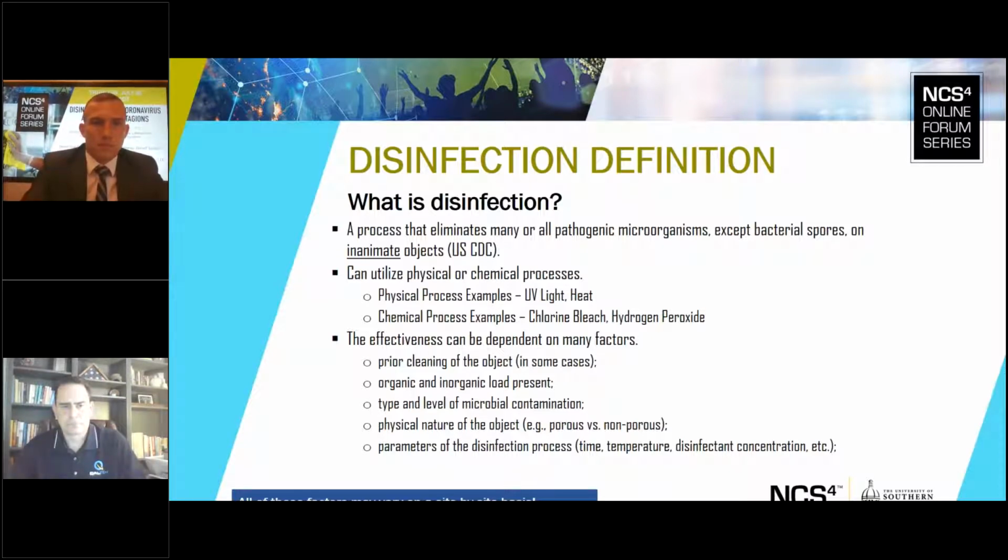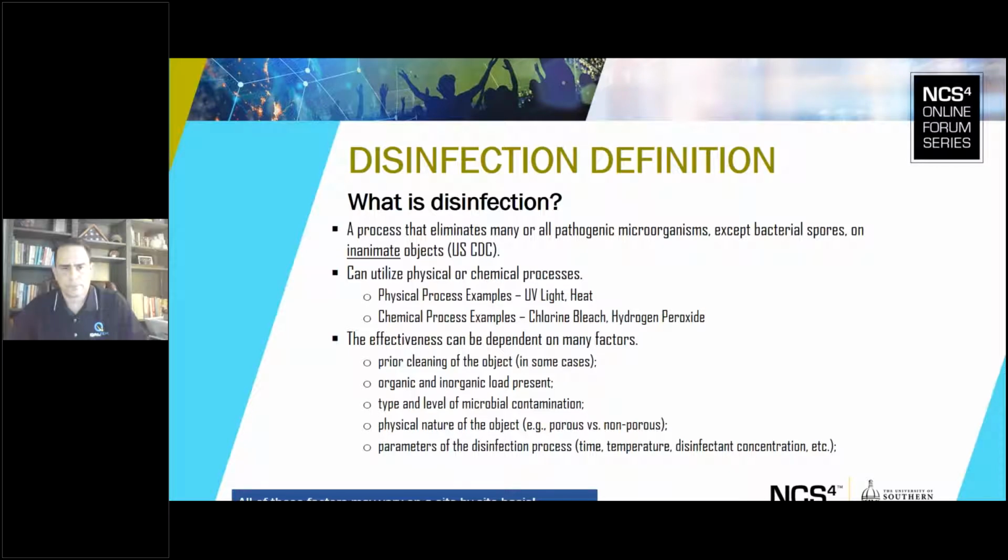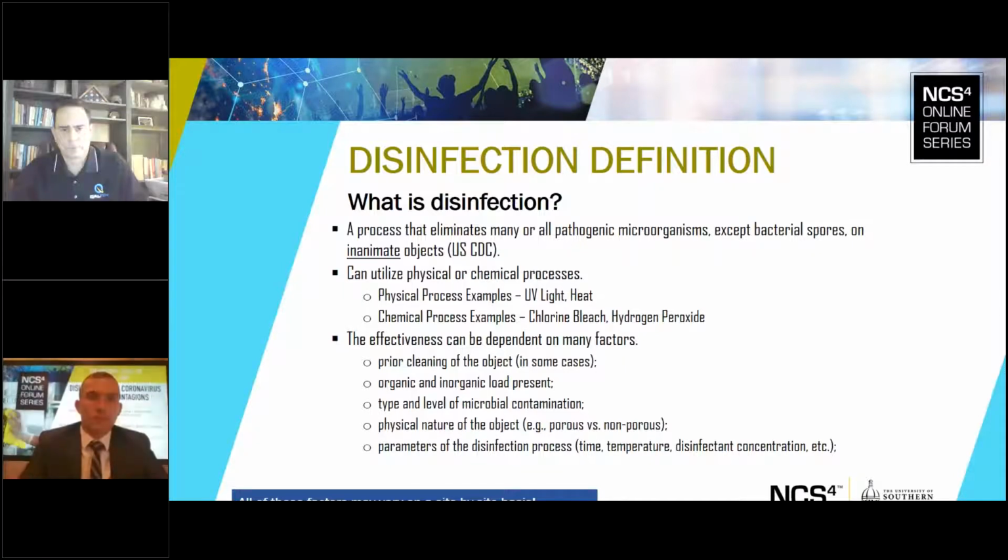So disinfection can actually be a physical or a chemical process. Some physical process examples are UV light and heat. Chemical process examples, a lot of us are very familiar with, things like chlorine, bleach, hydrogen peroxide. Today, we'll actually just be covering chemical process examples and specifically liquid chemicals. There's also the possibility of doing disinfection with gases such as ozone, but that's not something we're going to be